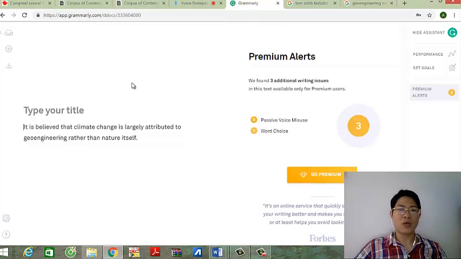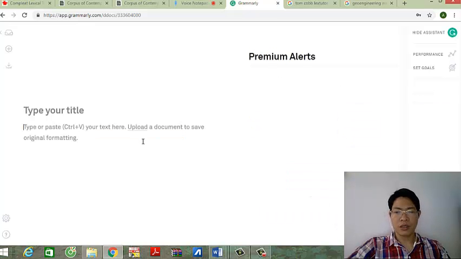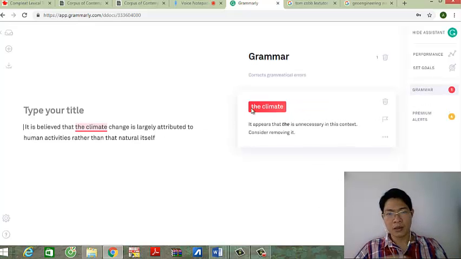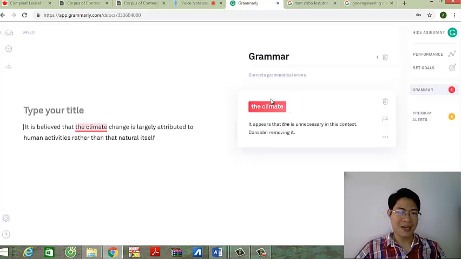And you need to check it with grammar, so you go to Grammarly. Make sure that in Grammarly you gotta register for the account too. You paste your text here. The registration may take you a while, but it's a worthwhile website for you to register for. I'm gonna paste it in here and see. It suggests that the climate is strong. So I'm gonna click into this red box to omit the